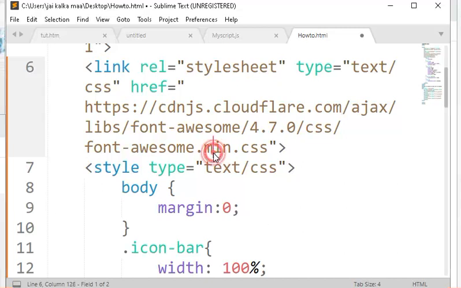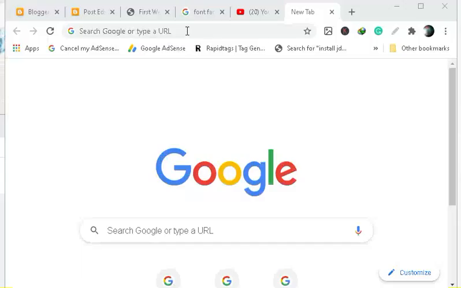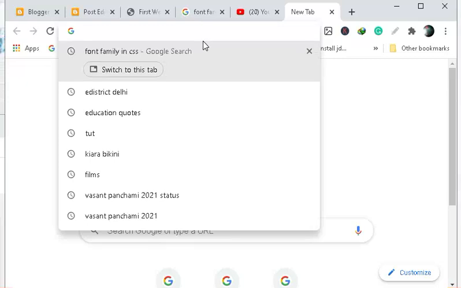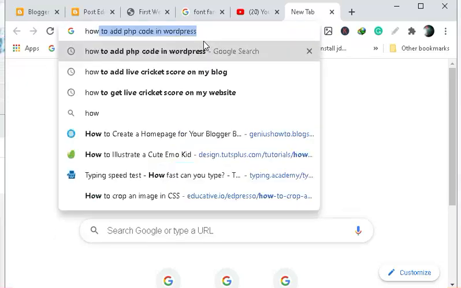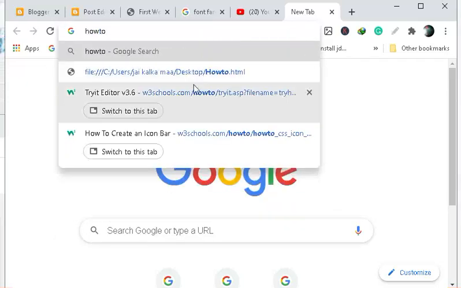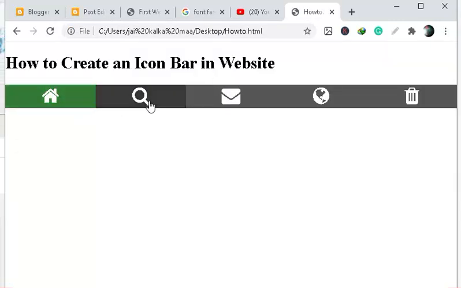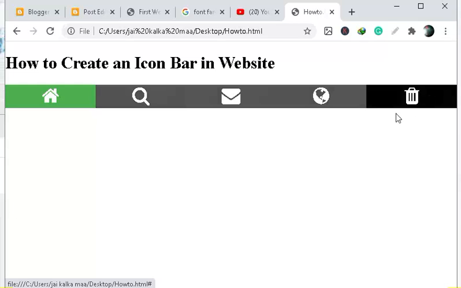So guys, I think I've done with the code, and let's see if we have created the icon bar. I have already opened that file in Chrome. I'm going to click on it, and you can see that the icons are now visible here.